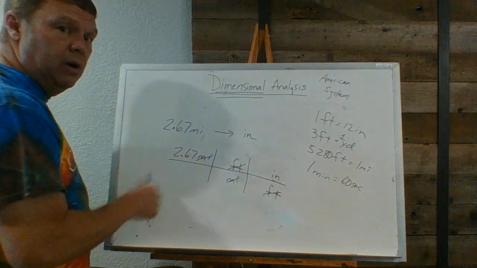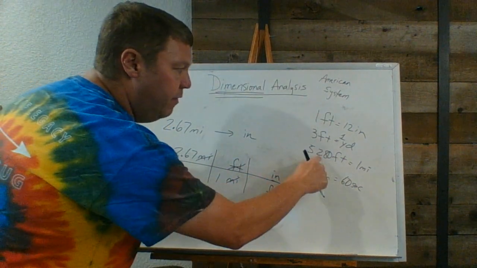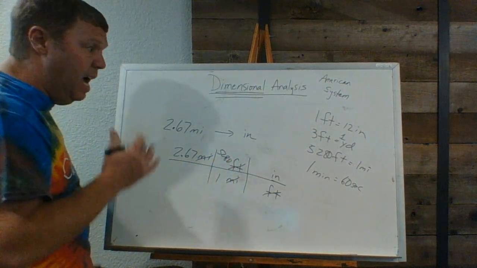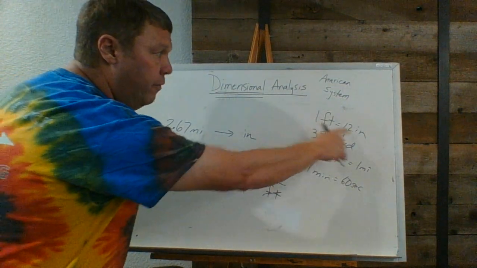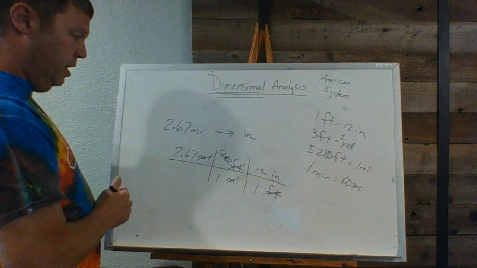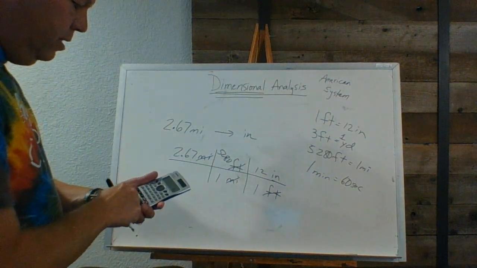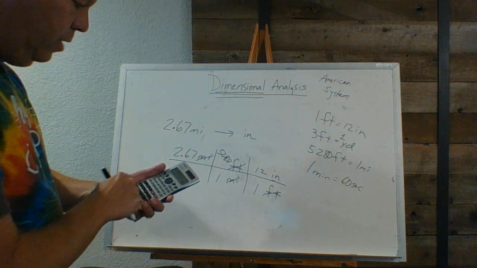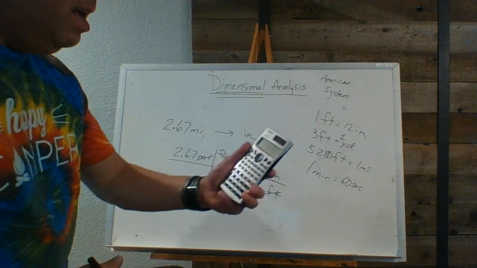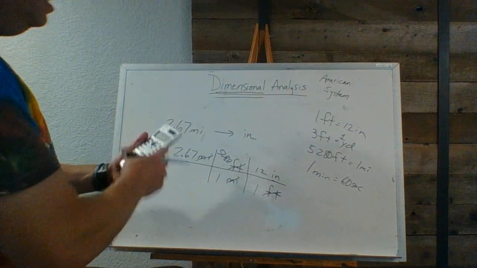Do I have the words right? Yes, I do. Now, put the numbers in. 1 mile. Got it. 5280 feet. Ooh, got to cram that in there. 5280. Got it. 1 foot, 12 inches. So what am I going to do? I'm going to multiply across the top. And so when you do that, you got 2.67 times 5280 times 12. It's all calculator work. That's why I told you need to have a calculator. Makes your life a lot easier. That's what I got. Okay? It is 169.17